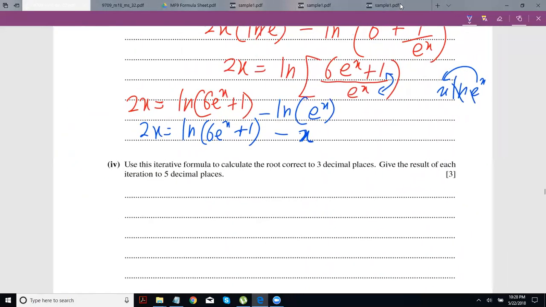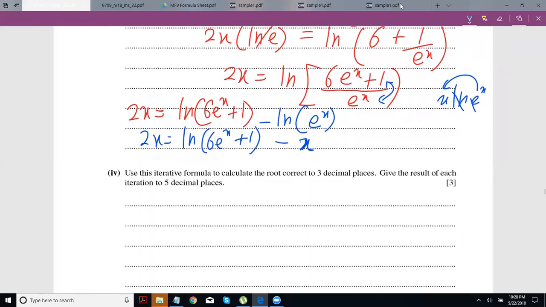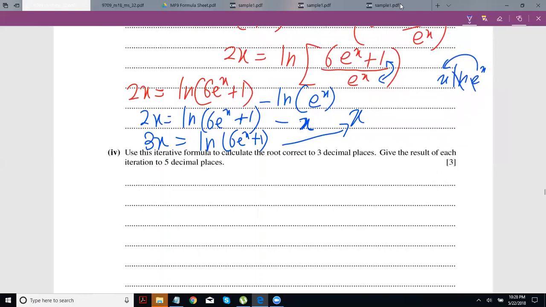Anyhow, if it is minus x here, I can take this to the other side, and that would give 3x, because if it's minus here, it will add there. And if you tidy this up, x equals 1 upon 3, because the 3 divides here, ln(6e^x + 1),